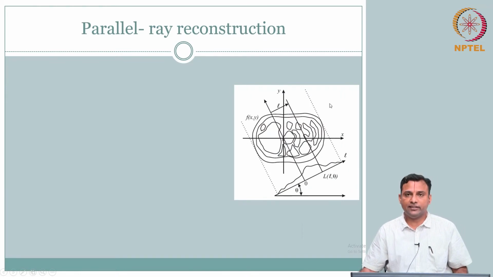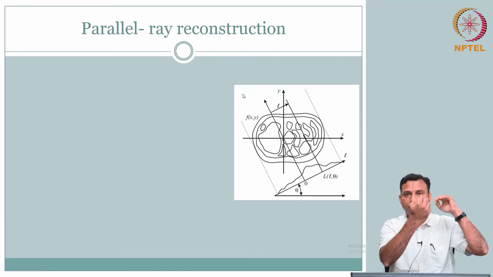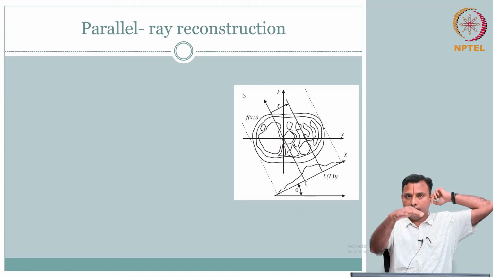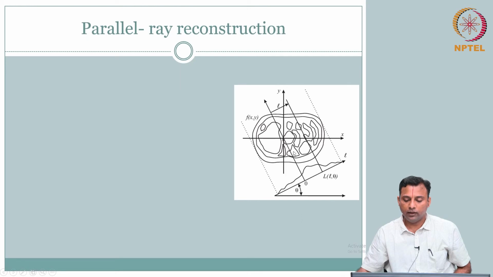First, setting the stage. Here is an object that needs to be imaged, or I would say this is the slice that you need to image. You are standing on one side, and you are going to send on one side and receive on the other side. I want to then reconstruct this object through the slice. So I am going to have f of x comma y as my spatial reference system, and this is the object in there.